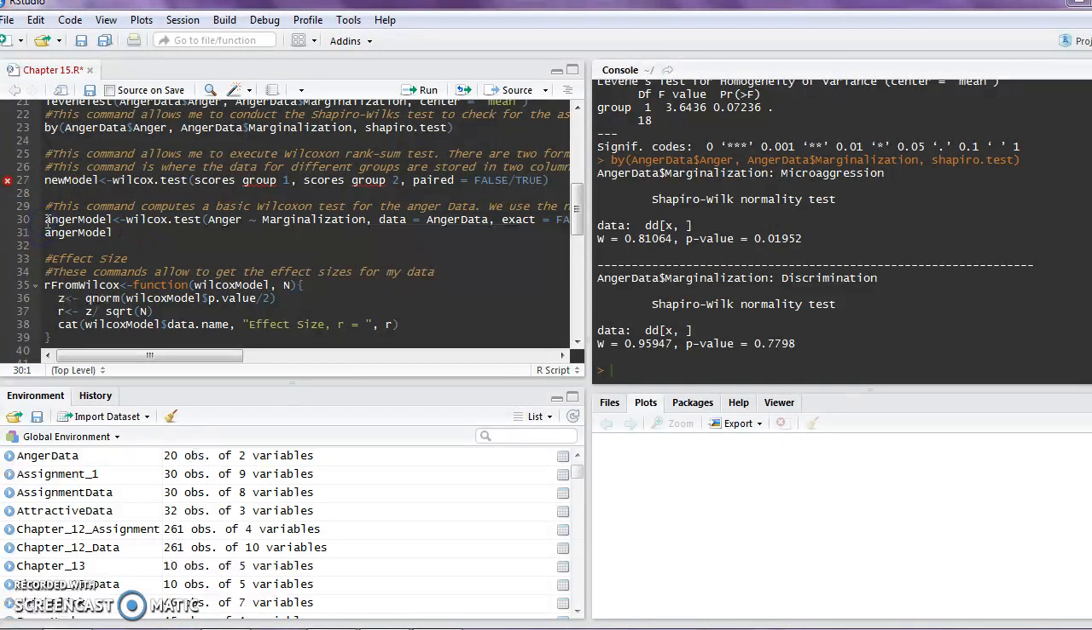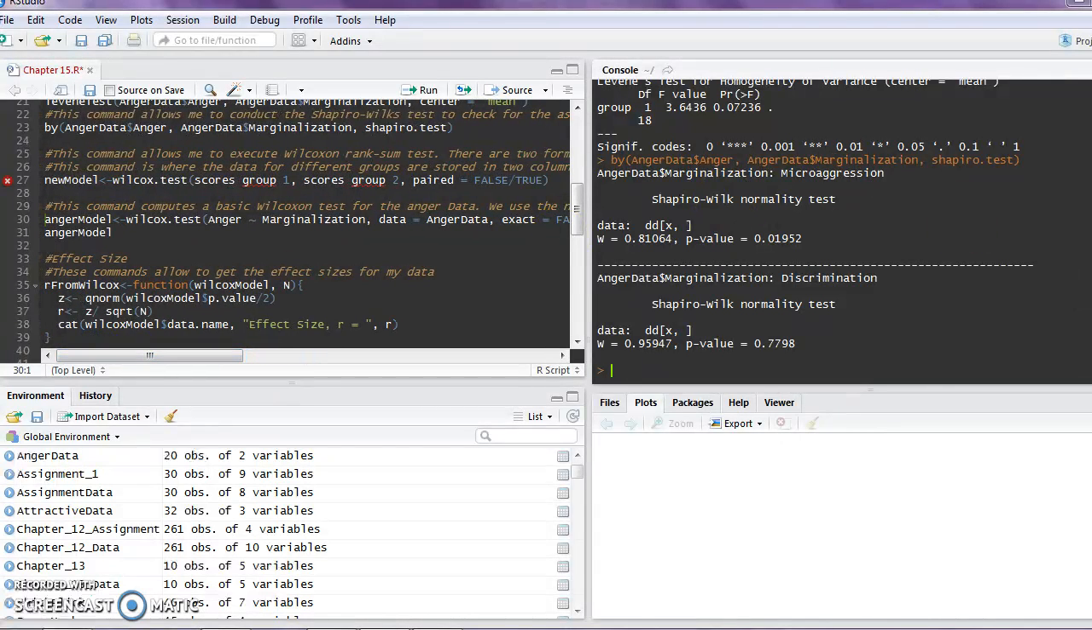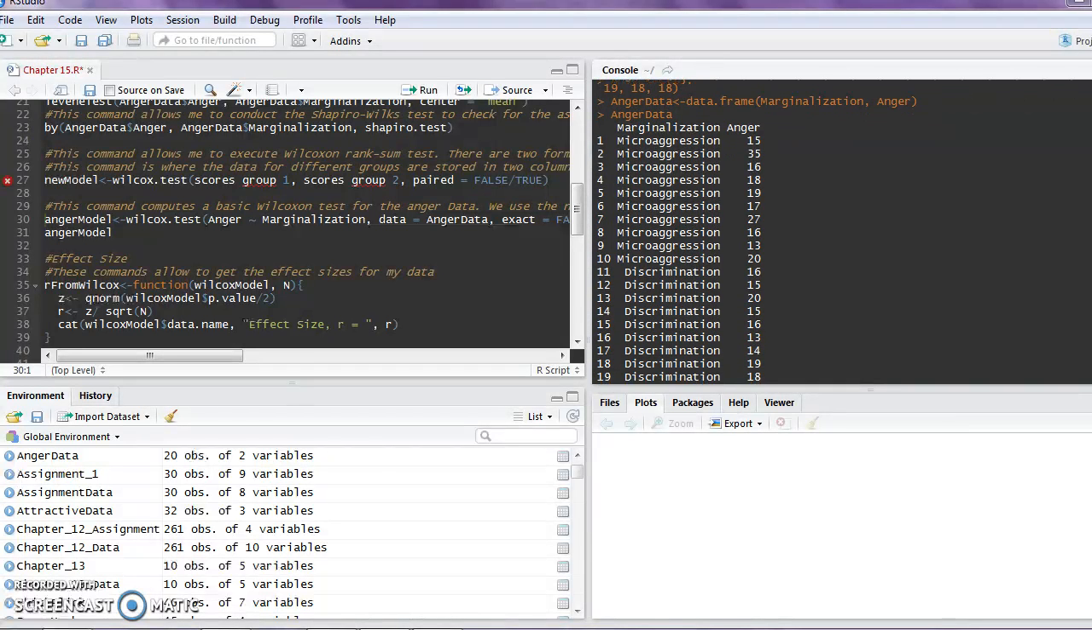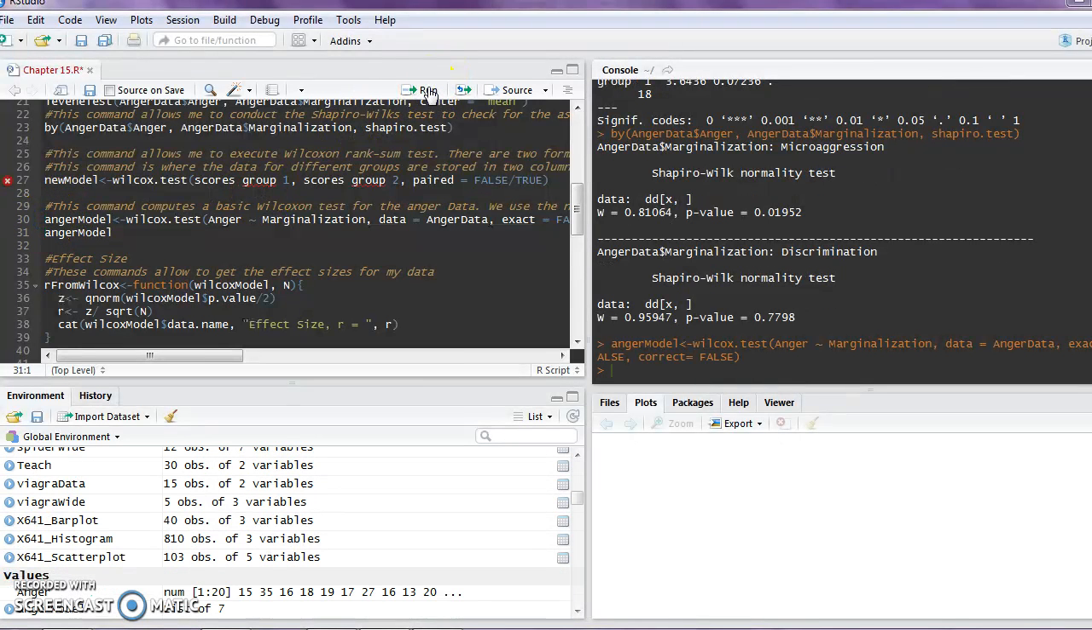So, like I mentioned before, and looking at our data, just going back really quickly, we do have ties in the data. That just means we're going to have to use the continuity correction. Pretty much it. There's nothing much to it. So we're going to run that command. So now that we've done that,